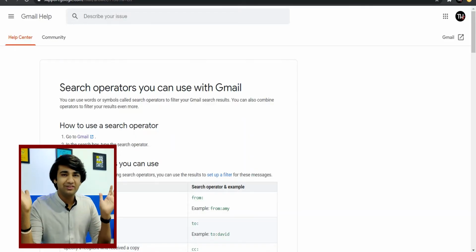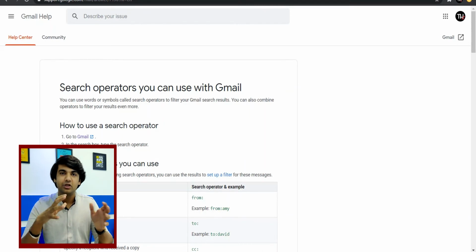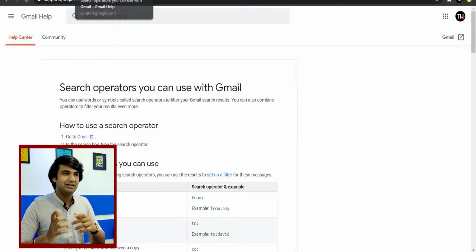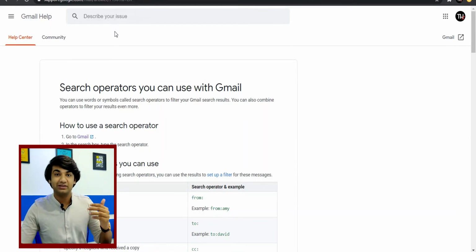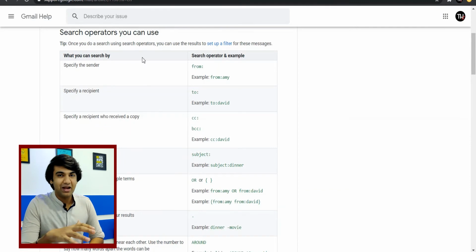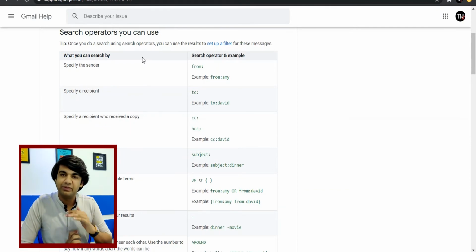So if you have thousands and thousands of emails in your mailbox and you want to search one particular email, then it gets actually really difficult to find that if it was sent years ago. So just to ease your search, we use the parameters. So there are a lot of parameters available over here. I'll add the link in the description so you can check them out yourself. And after using these parameters, all your search queries would be a breeze.